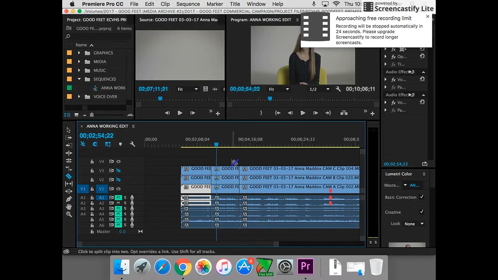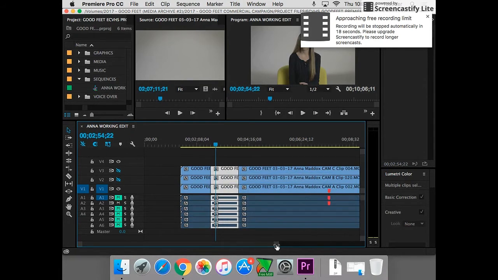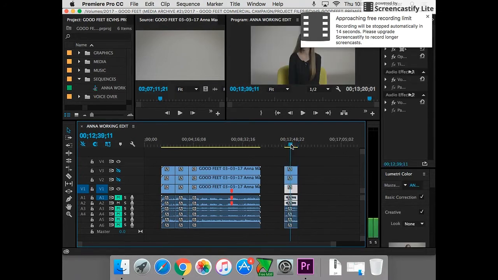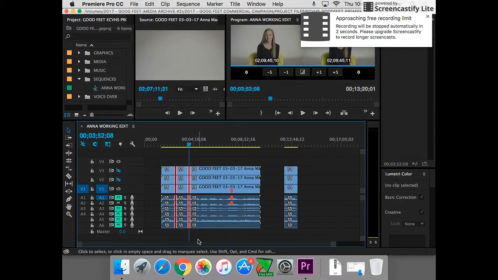Do all these cuts. Then I'm going to go back to my selector tool. I'm going to take this, right click, and copy it. Okay, I'm just going to set it over here. Now I'm sitting here with all this stuff, and I'm just going to leave this right here. If you want to get rid of these cuts that you made, you can hold Command and go like that.